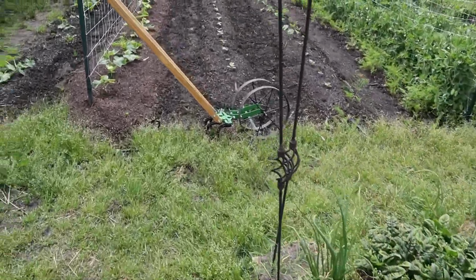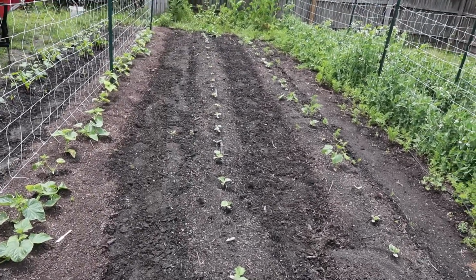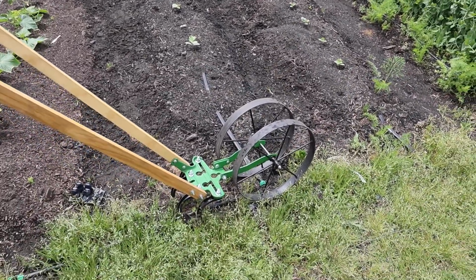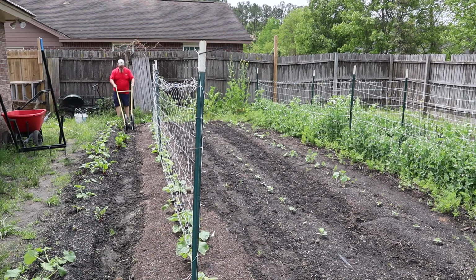I noticed we got a few weeds growing in here, just in between the rows. I'm gonna take this Hoss wheel hoe, and we're gonna work it. Yeah, the guys over at Hoss Tools,